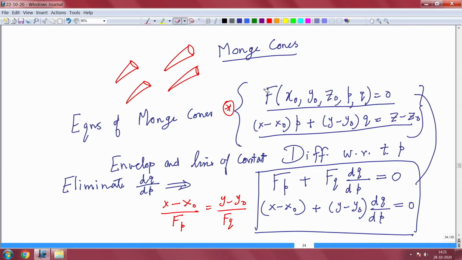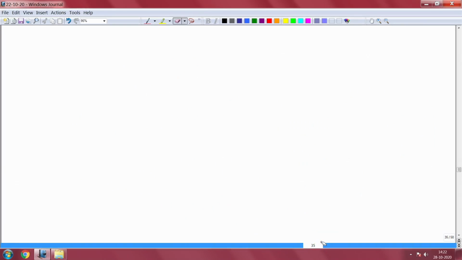That will give you the equations of the Monge cone, and these two equations, (x minus x naught) p plus (y minus y naught) q equal to z minus z naught, together with (x minus x naught) by fp equal to (y minus y naught) by fq, will give you the line of contact. So I will combine that. If you combine, you get this equation: (x minus x naught) by fp is equal to (y minus y naught) by fq